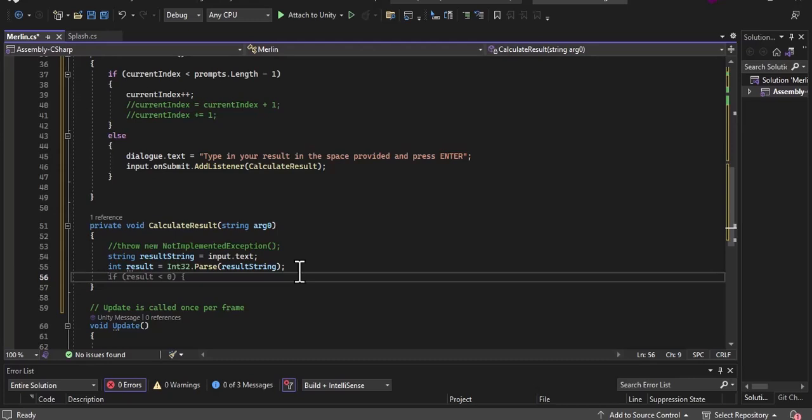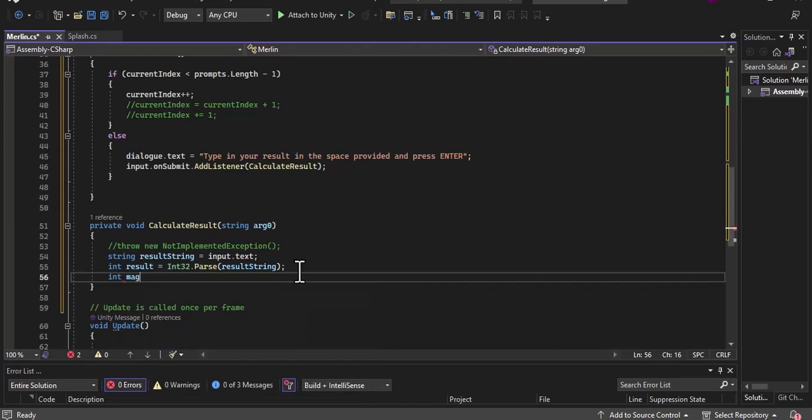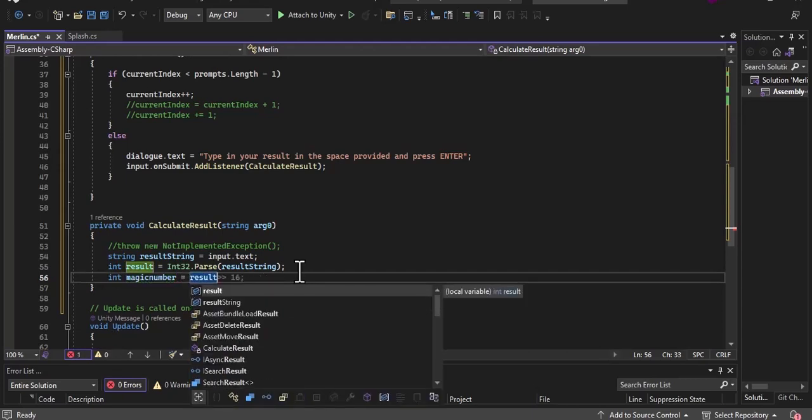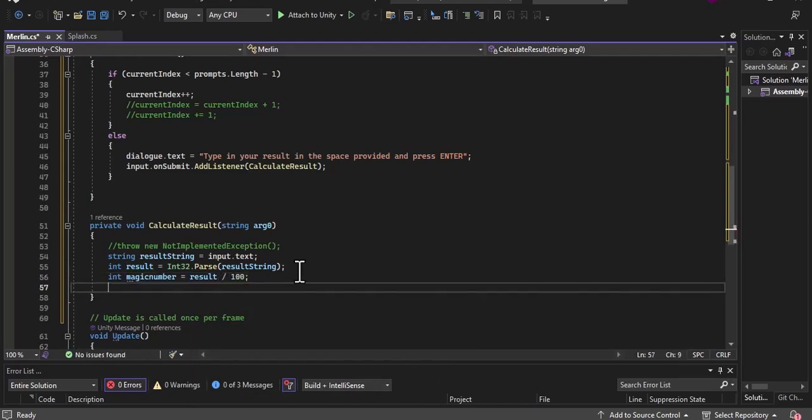So we'll call it magic number: int magicNumber is equal to result divided by 100. And int age is equal to the result modulo